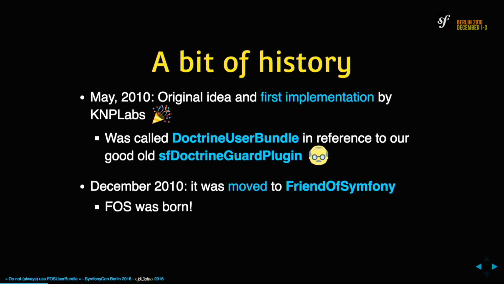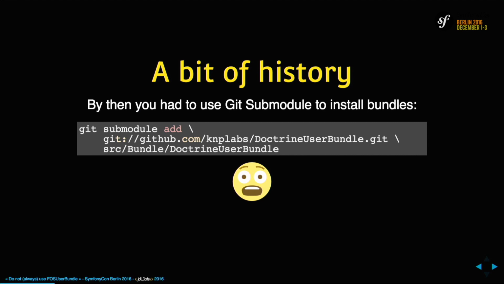The first implementation was done by KNP Labs, and in December of this year, the project was moved to the Friends of Symfony organization, and it was the birth of Friends of Symfony. Back then, we had to use a Git submodule to install a bundle. Ugh.